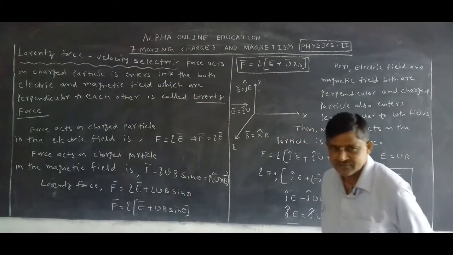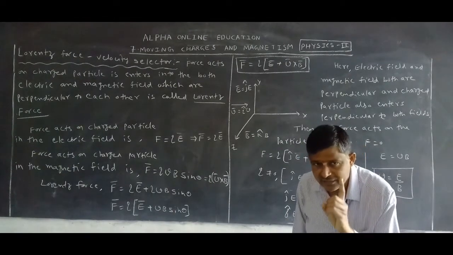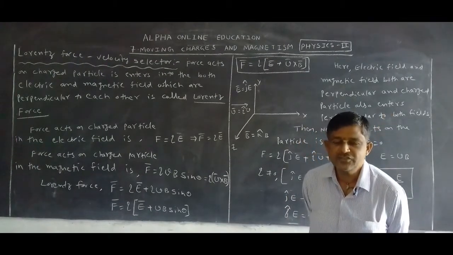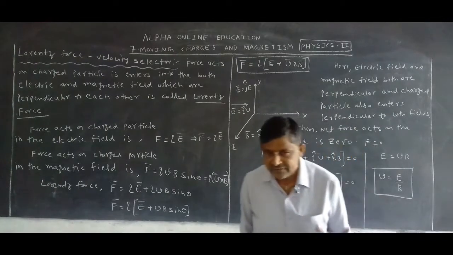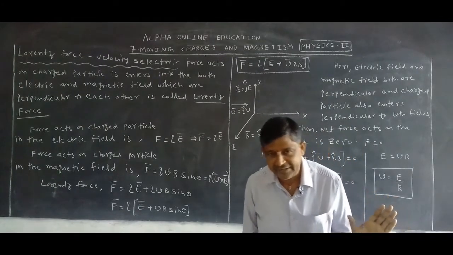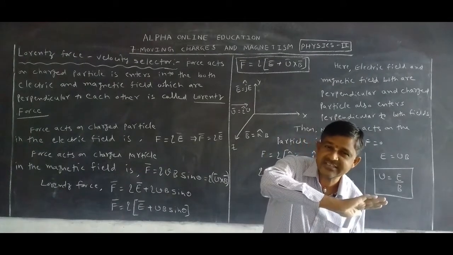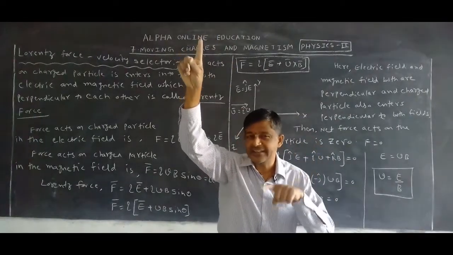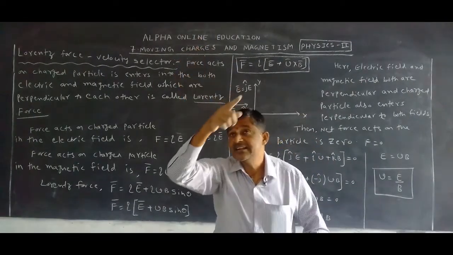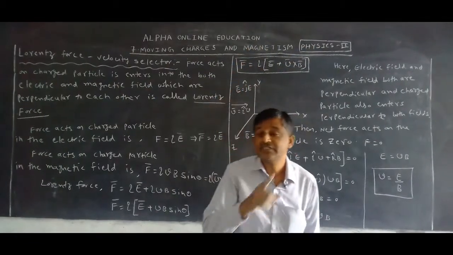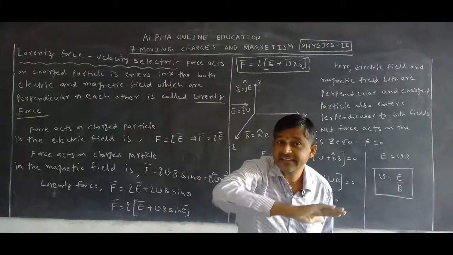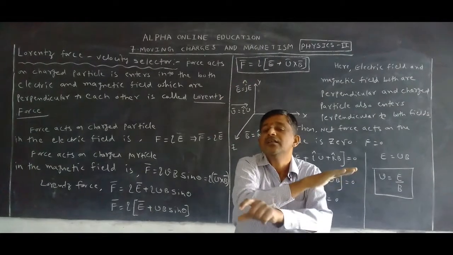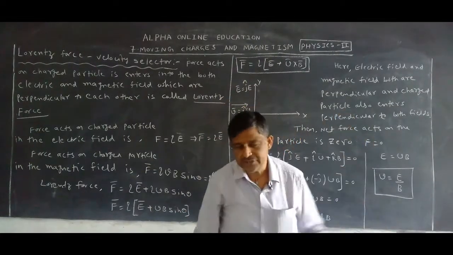Why is it 0? Because the force by the electric field is equal to the force by the magnetic field. When the charged particle enters perpendicular to the electric field, it wants to select a parabolic path like this. But when it enters the magnetic field, it wants to select a circular path in this direction. Both are the same, that's why the net force acting on it is 0.